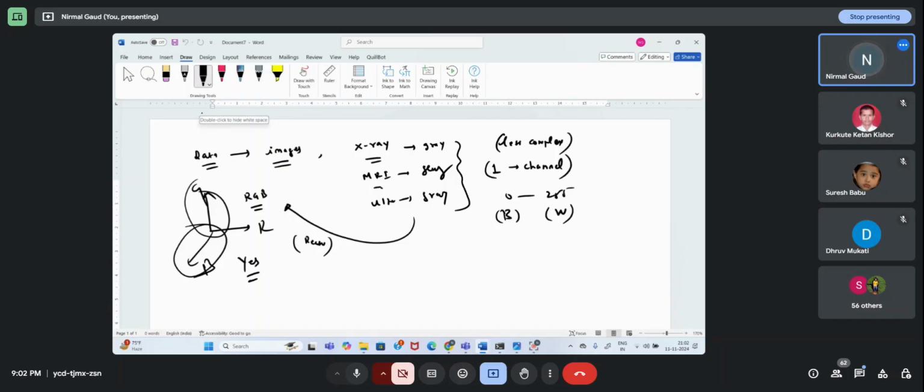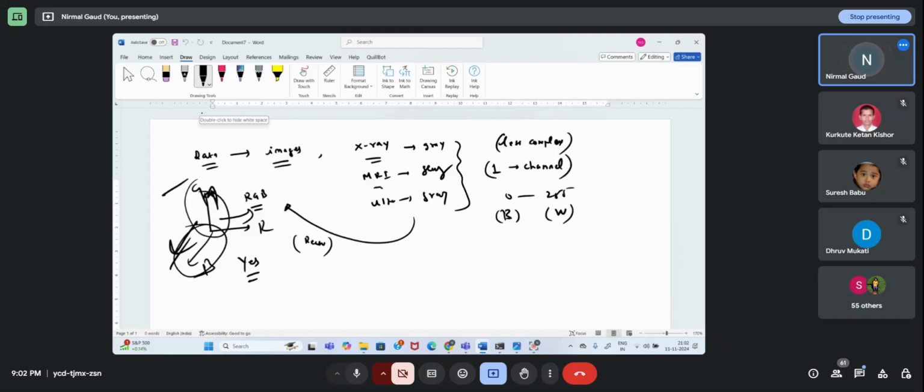That means, sir, you are converting gray into RGB. Will it happen, sir? Let me tell you one thing. The kind of information an image initially has, that is gray, that will remain. However, the same information will be projected here also and here also. That means the same information is projected here, here, and here. Same information.